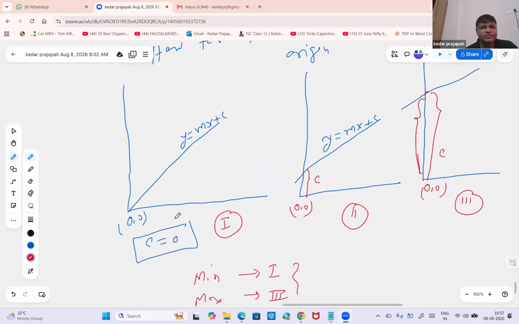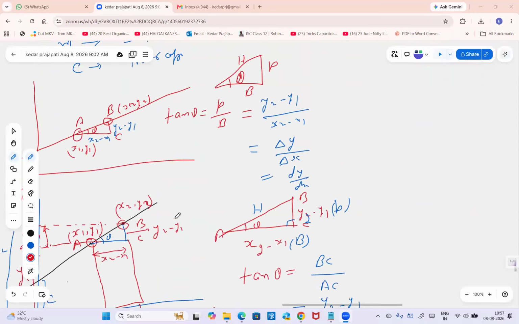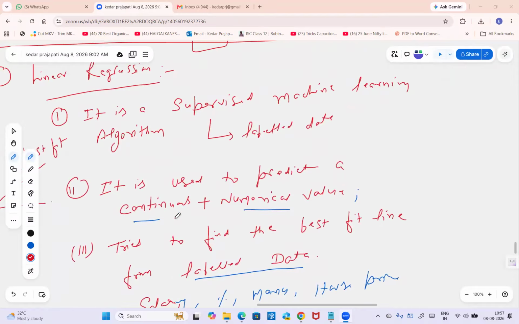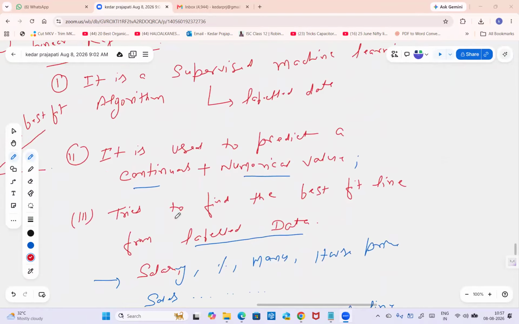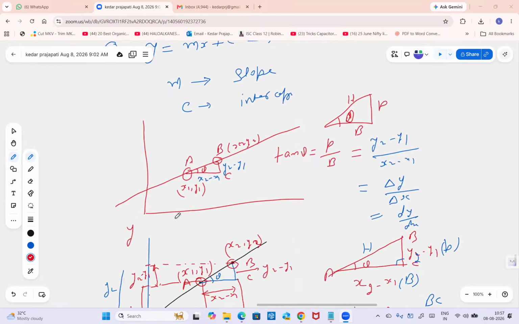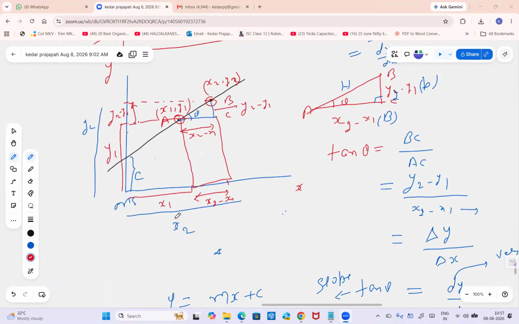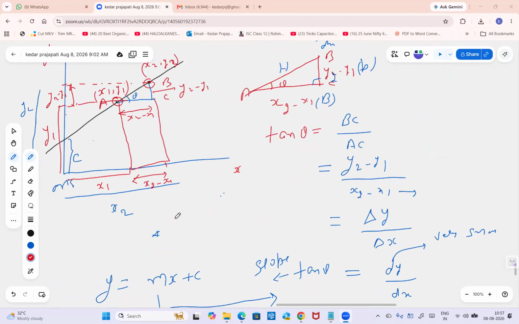No, bro, can you just go back to the notes, bro? Copy the formulas, please. To the tan theta. Yeah, that's one. Yeah, I'm clear, bro. I'm just taking the notes. All right.